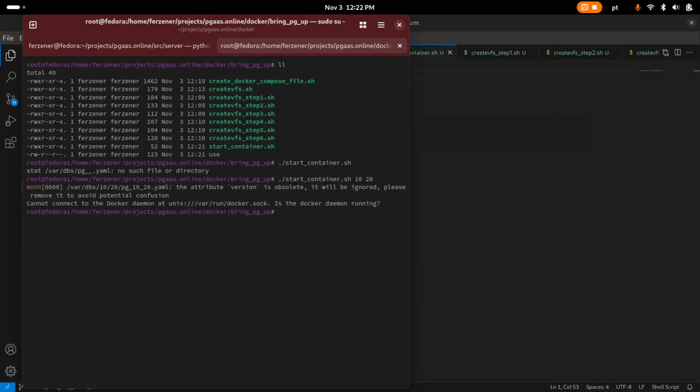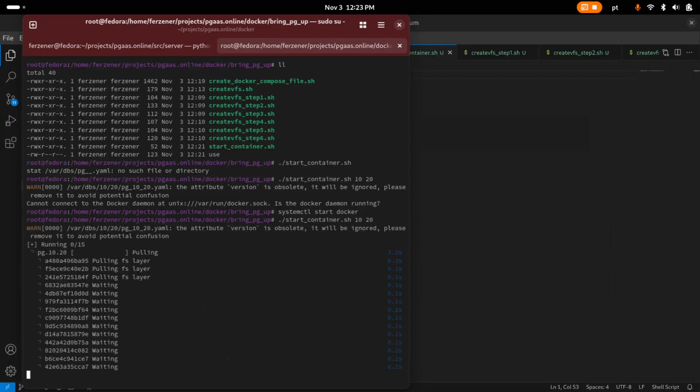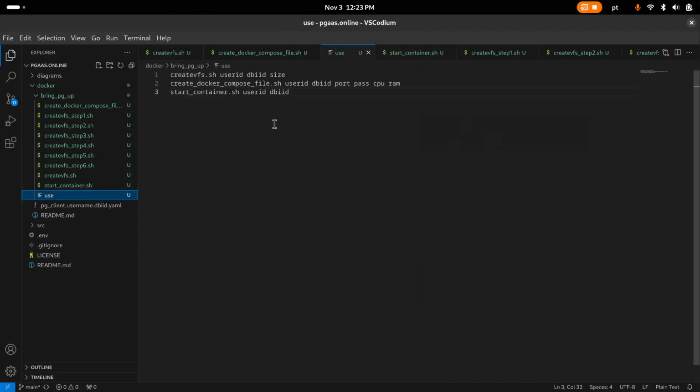Systemctl start docker, and it will download the image and it will start it. Size